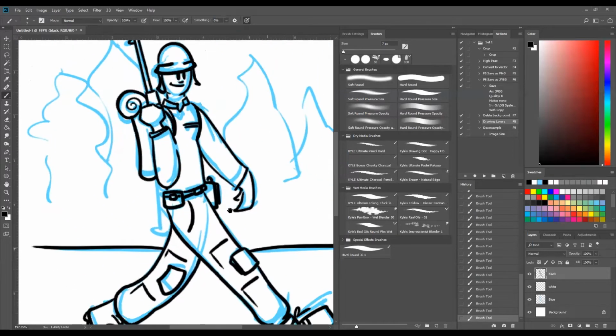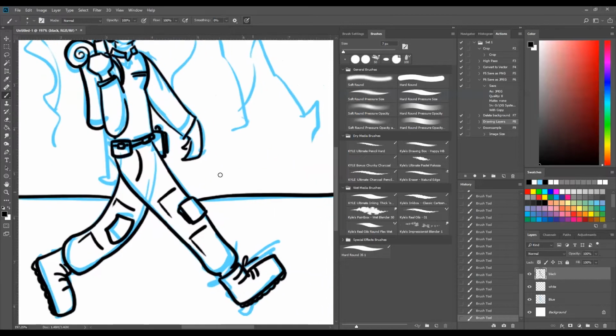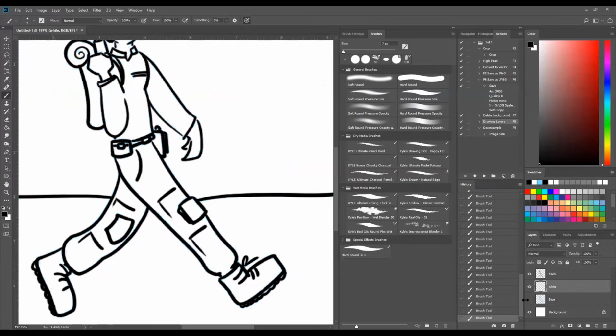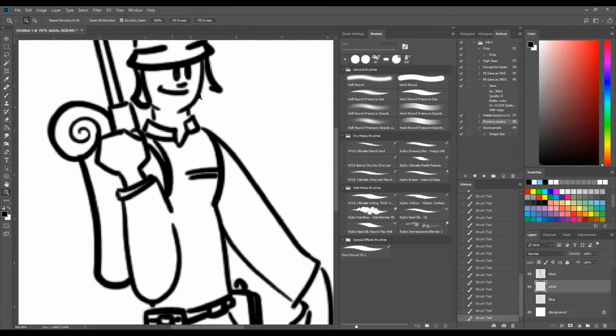Now I'm actually not going to draw the trees in black, because remember, this was going back to that initial style guide that I had before. This is supposed to be in color. So I'm going to switch layers. Now I've gone down to the layer that's between the white and the blue. And actually at this point I can get rid of the blue and just see if there's anything else